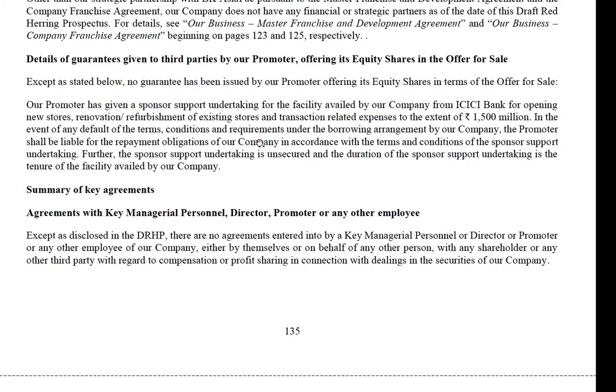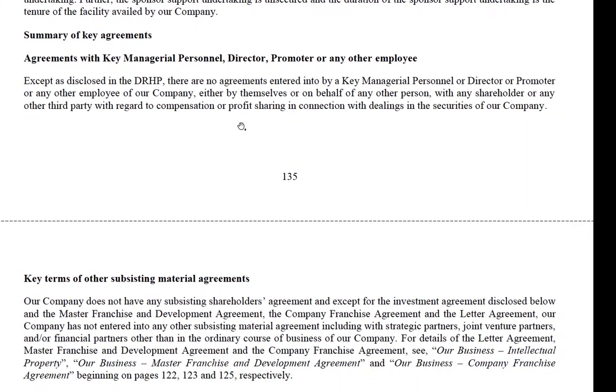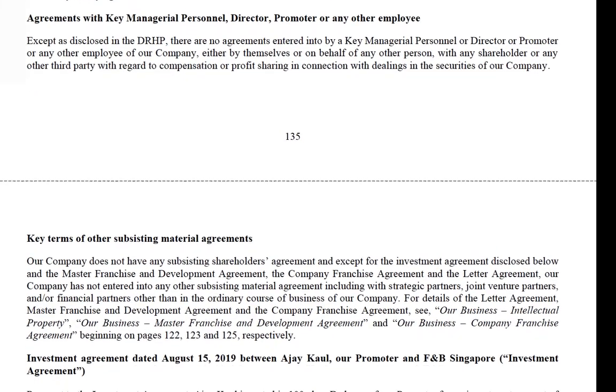Again, this is not something that you'll probably get from the ROC, and therefore, for the purposes of our assignment, this can be omitted in its entirety. A number of key agreements might be entered into by the company, which will have to be described over here. So, especially if there are any agreements with key managerial personnel or a director or the promoter or any other employee, right?